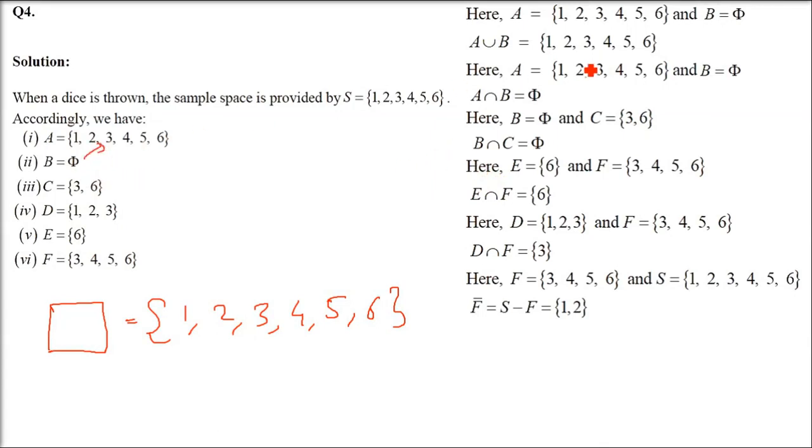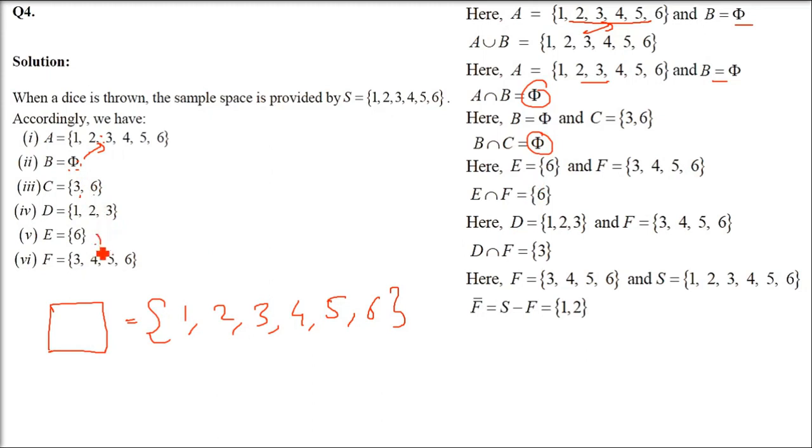So just combine the values. Whenever you combine even with the null set, the actual set will come. Then A intersection B, A and B. What is common? Nothing is common. So phi will come. There is nothing common. Whenever intersection with phi or null set is taken, null will come. Always null will come. Union with phi is the actual set. Now B intersection C. B and C, again intersection with phi is phi only. So it is phi.